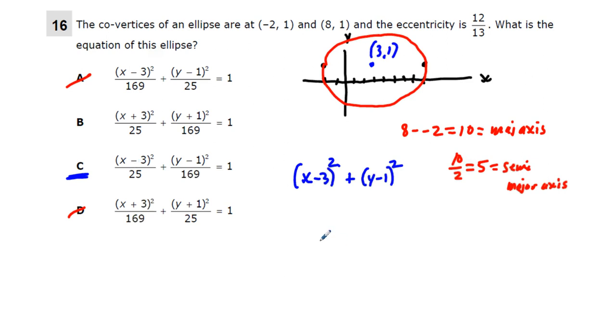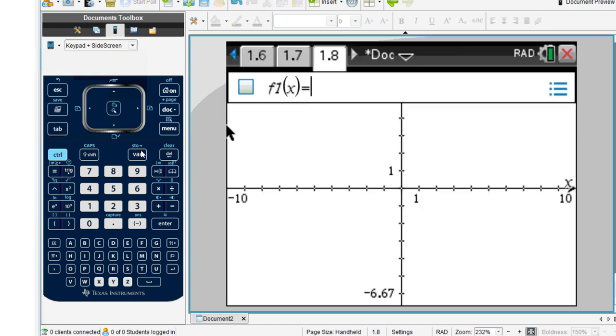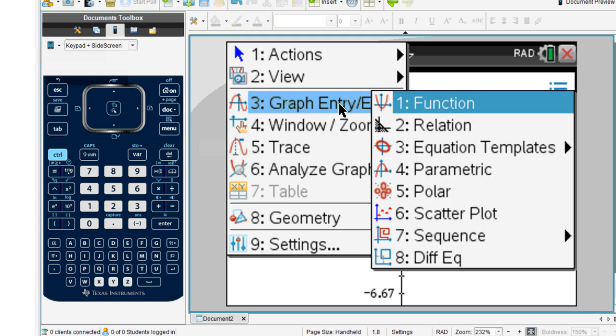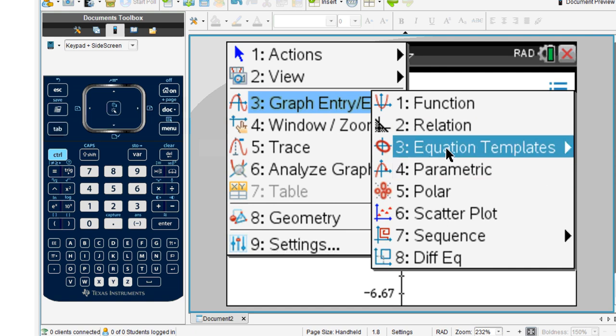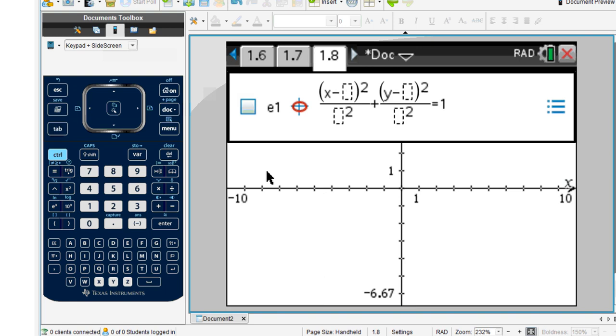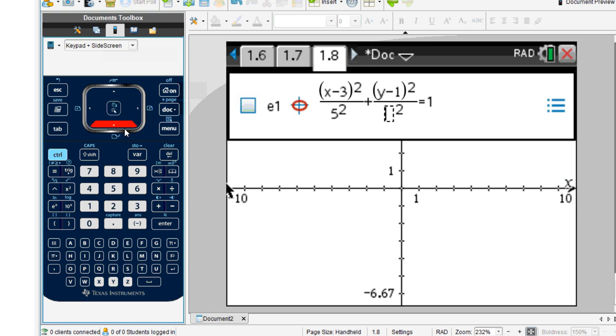And we're just going to test one more thing on the calculator. Graph it to be sure about our eccentricity. Control I, add graph, go to menu, graph entry edit, equation templates, ellipse, center form. So we're going to have x minus 3 over 5 squared, come up over here, y minus 1 over,